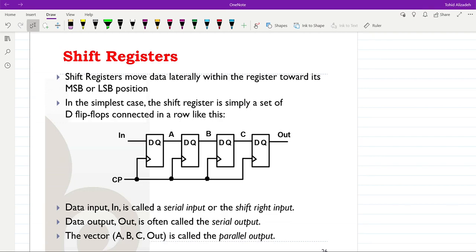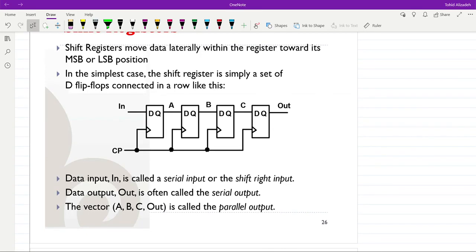Shift registers are used in order to move data laterally within the register, as we already had seen. We could have the shift towards right or shift towards left, or we can say shifting towards the MSB or LSB position, the most significant bit or the least significant bit. In the simplest case, the shift register could be composed of a series of flip-flops,